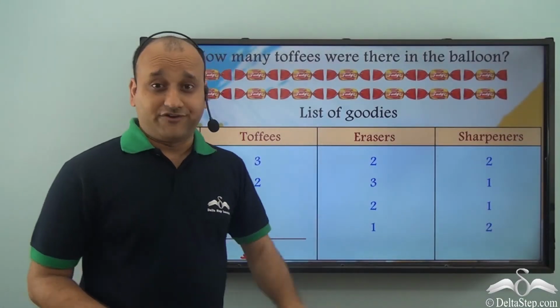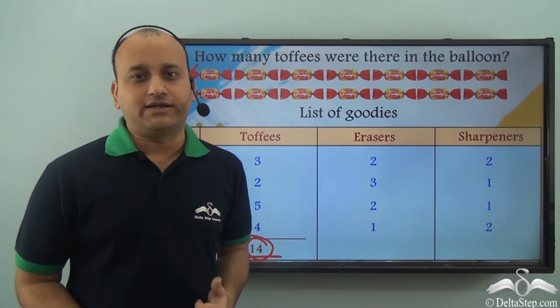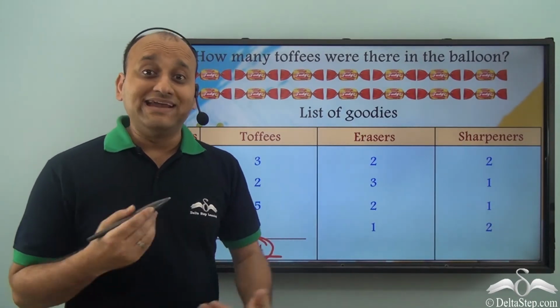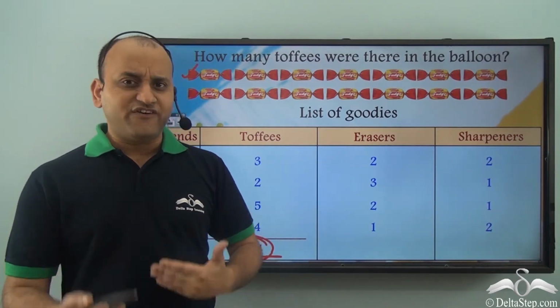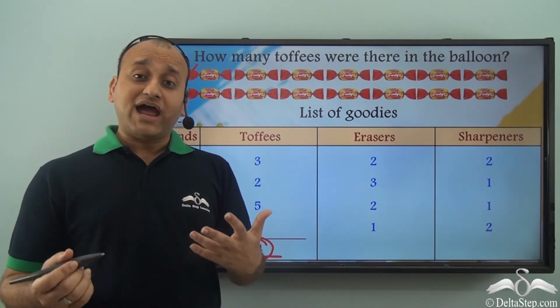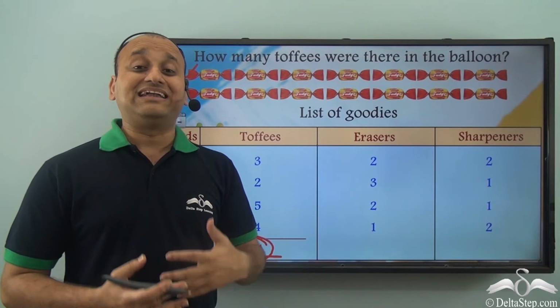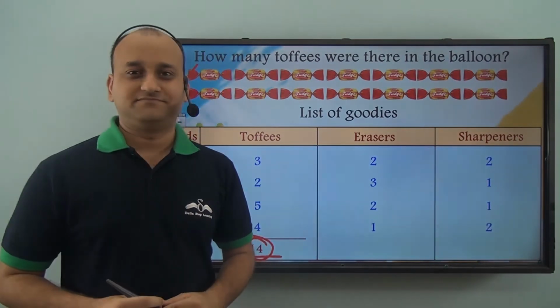So you see, once you have detailed data in front of you, you can extract a variety of information from that data. You just need to interpret it in a variety of ways. So once you classify and compare the data in a variety of ways, you are able to extract a huge amount of different and varied information from that data.